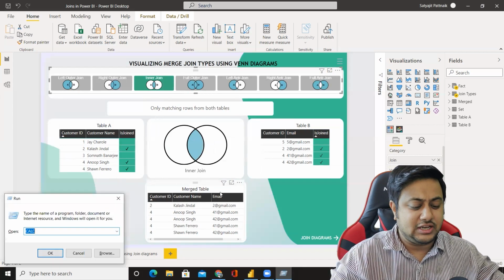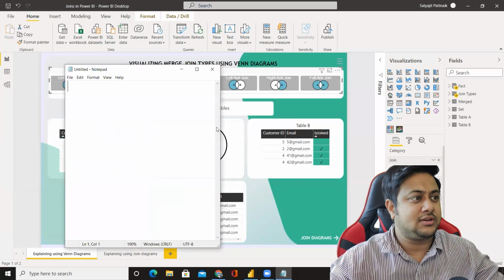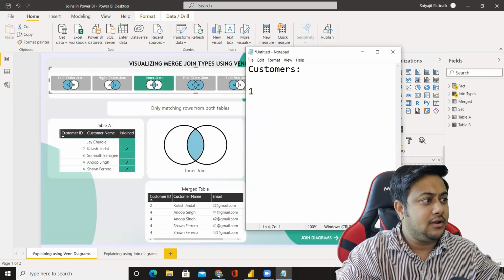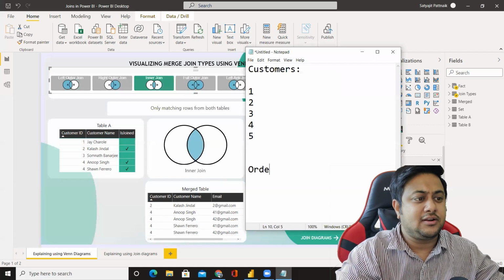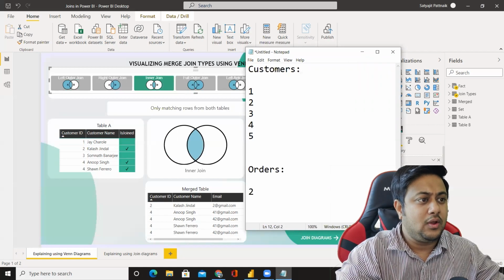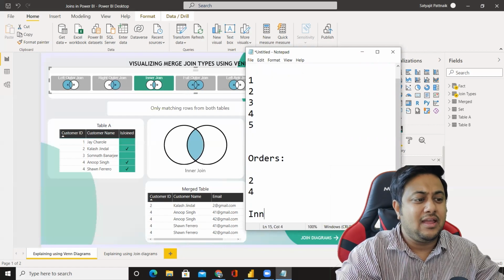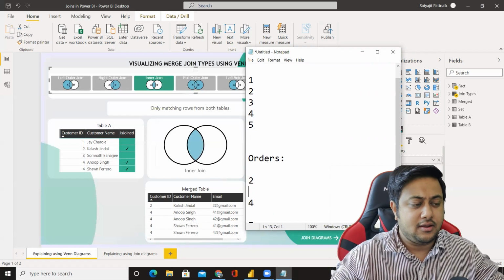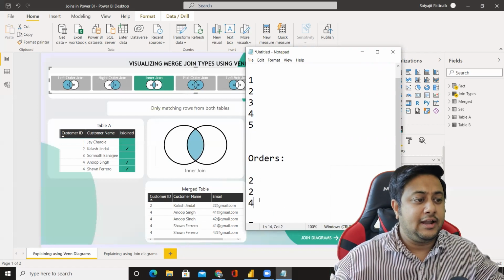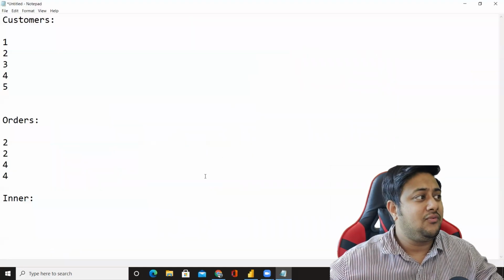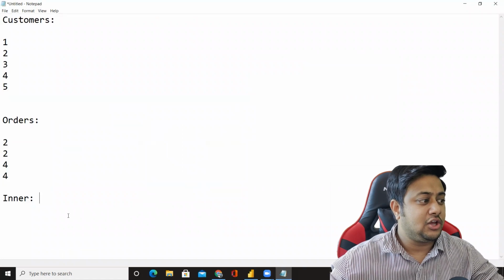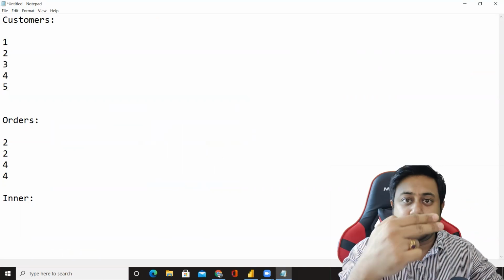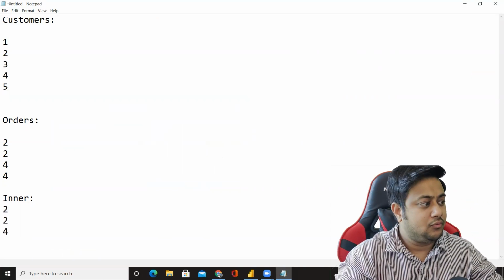Simple things. Logically, this is not the way we capture data, but let's say you have a table called customers and you have customer ID 1, 2, 3, 4, 5. And you have another table, orders, where you have 2 and 4. So simply the inner join output will be just 2 records. Or else, here in the orders table, there are 2 orders by customer ID 2 and 2 orders by customer ID 4. So even though only 2 customers are matching, your inner join output will be 4 records. Why? For 2, there are 2 records. So 2, 2, 4, 4.